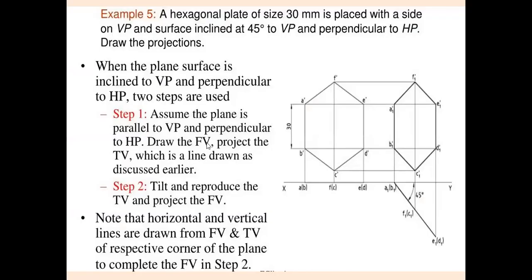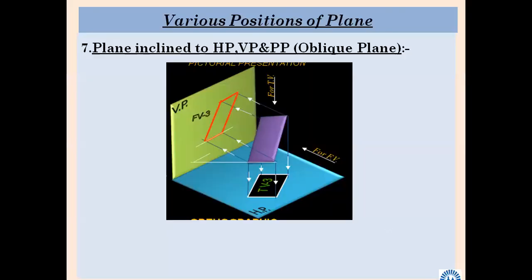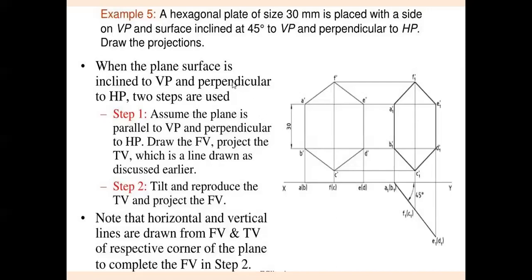So here we will stop. Such problems are there, such as hexagon, etc. It is called the two-stage problem. So stage number one, stage number two, what are these stages? Directly giving an inclination is not possible. That's why we imagine that the plane is in HP or VP, draw its true shape and then its apparent shape, because direct projection is not possible. That's why we are going to follow this procedure. There may be a two-stage problem. It is called a two-stage problem.